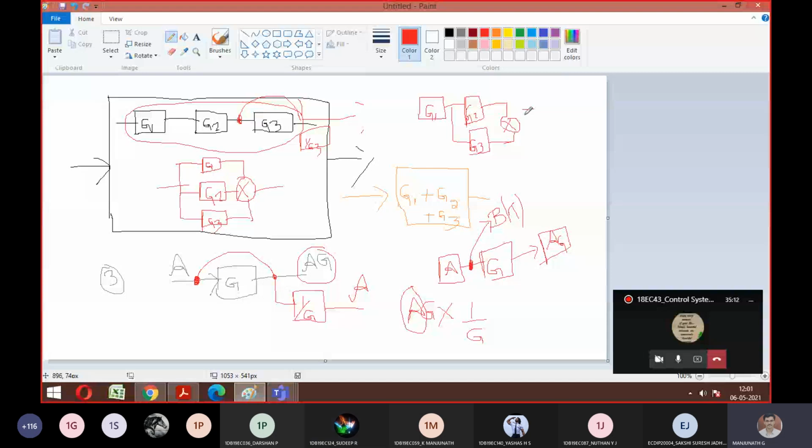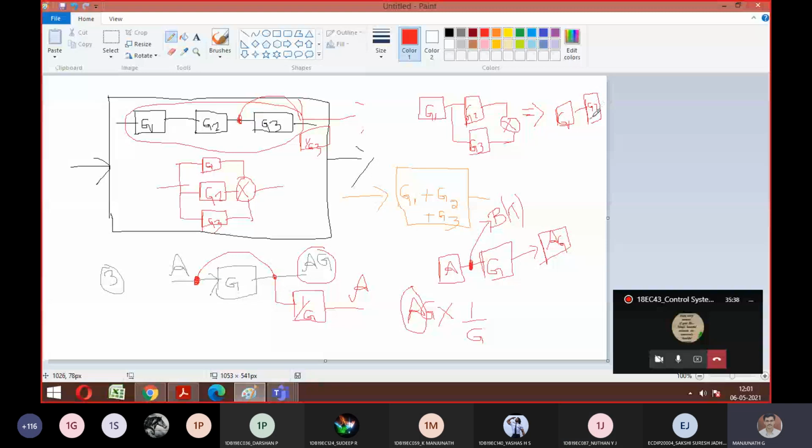After understanding the first four rules, here you'll get an idea now. G1 remains G1 only. G2, G3 become what, guys? G2 plus G3. So I will write a separate block. This becomes G2 plus G3. Again, for G1 in combination with G2 plus G3, what is happening? Multiply. Good.